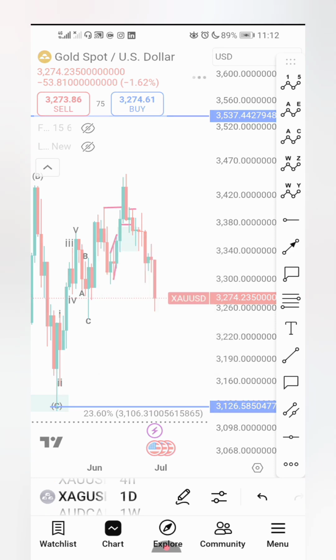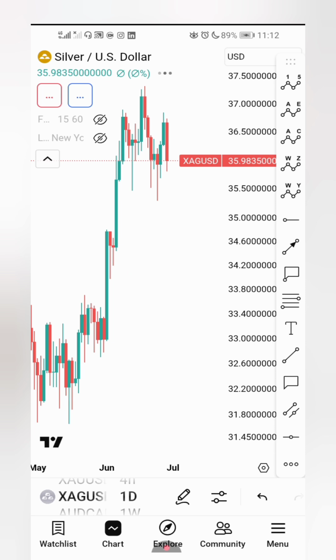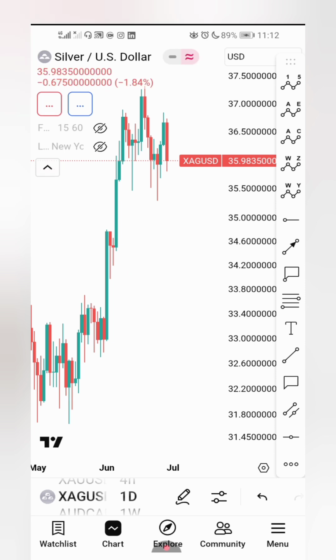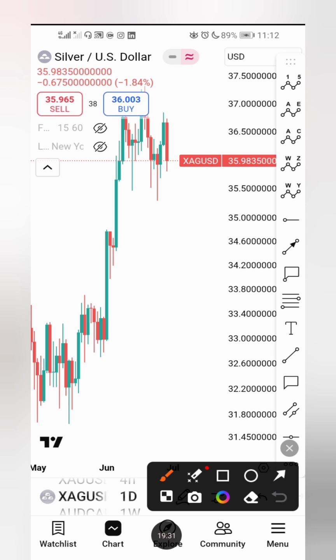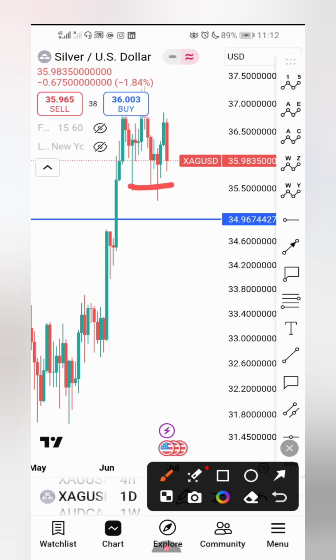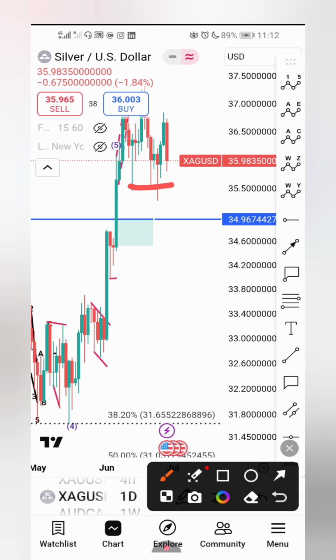I think silver is clearer than gold. When you look at silver, you can see that it has cleared away liquidity this year. Can you see that there's liquidity there? It has taken it out and come up here and dropped again. So what am I going to do? I'm looking for a buy setup here. Once the buy setup is confirmed here, I'll buy it up